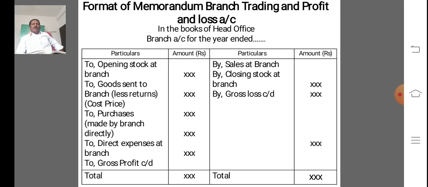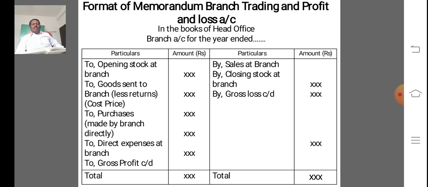So following is the format of memorandum branch trading and profit and loss account in the books of head office. In the branch account, we debit the opening stock at branch. We debit the goods sent to branch from head office less returns from branch. We debit the purchases made by the branches directly, if it is cash or credit. We debit the direct expenses of the branch and credit the sales of the branch, cash and credit,